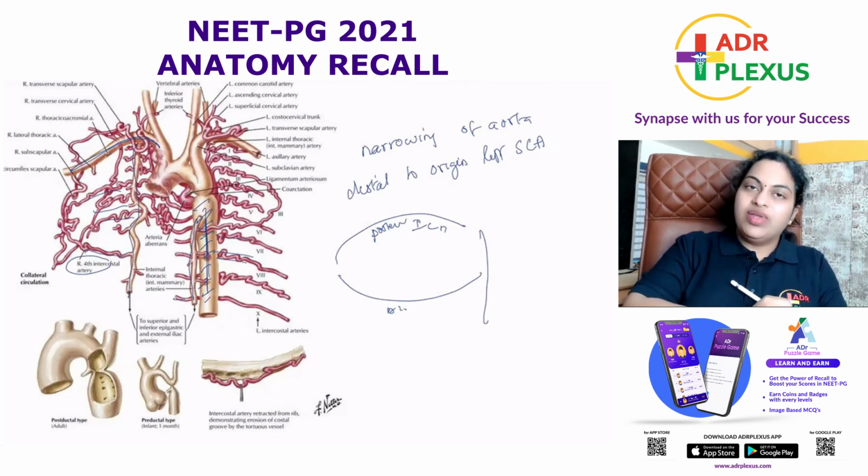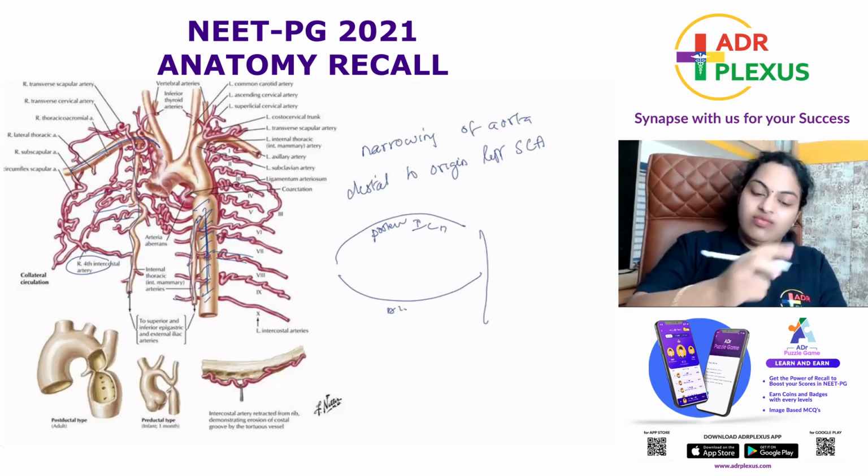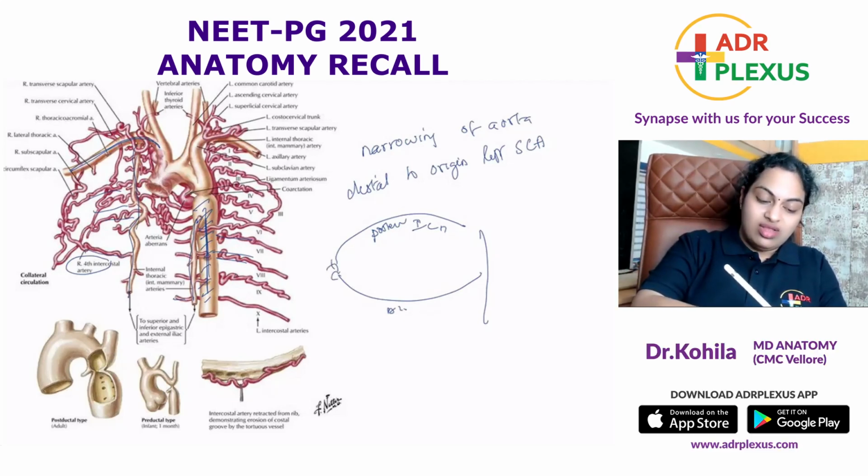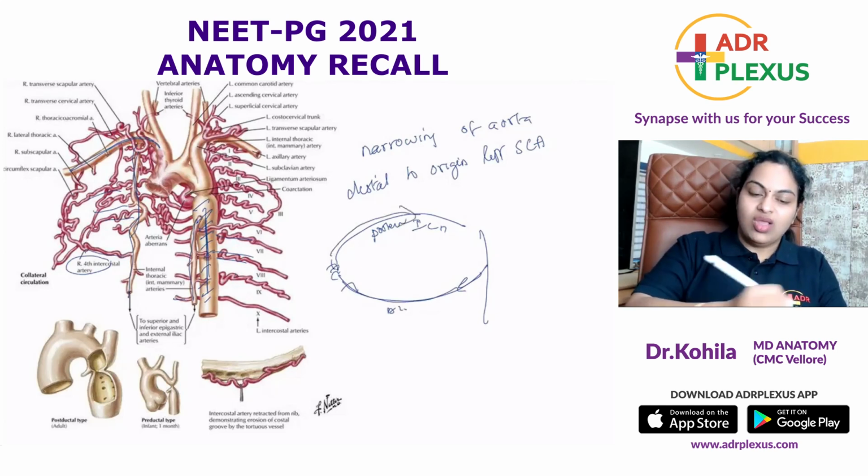Now, what is happening in coarctation of aorta? Reduced blood flow through the descending aorta. So there'll be reduced blood flow through the posterior intercostal arteries. To compensate for this, what will happen? The blood will flow. There'll be increased blood flow through the internal thoracic artery, into the anterior intercostal artery, and through the anastomosis into the posterior intercostal artery, and then into the descending aorta. The collateral circulation goes like this.